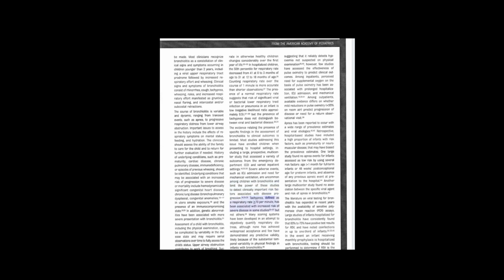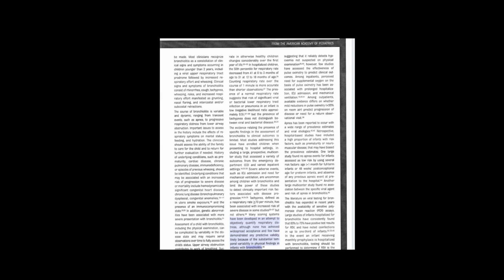Tachypnea, defined as a respiratory rate of 70 per minute or more, has been associated with increased risk of severe disease in some studies, but not others. Many scoring systems have been developed in an attempt to objectively quantify respiratory distress, although none has achieved widespread acceptance and few have demonstrated any predictive validity, likely because of the substantial temporal variability in physical findings in infants